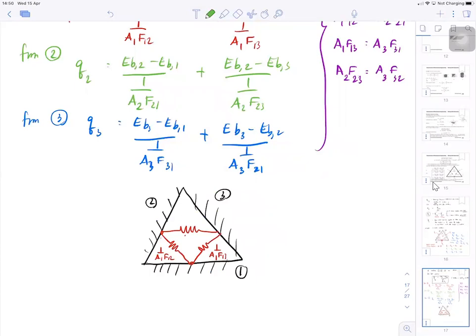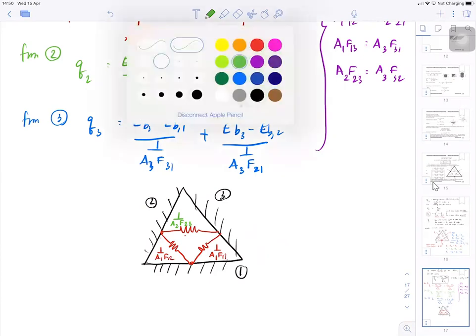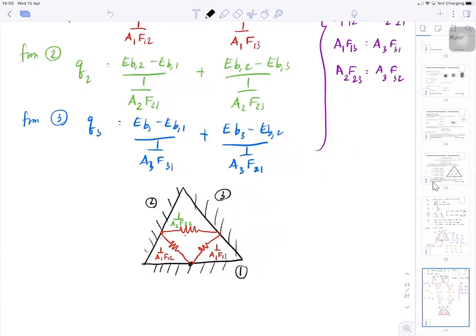And you're gonna have the blue one. This is the 1 over A2 F23. Okay. And then each of the nodes is EB1, EB2, and EB3. Okay. And if you represent the problem of three surfaces with this circuit analogy,